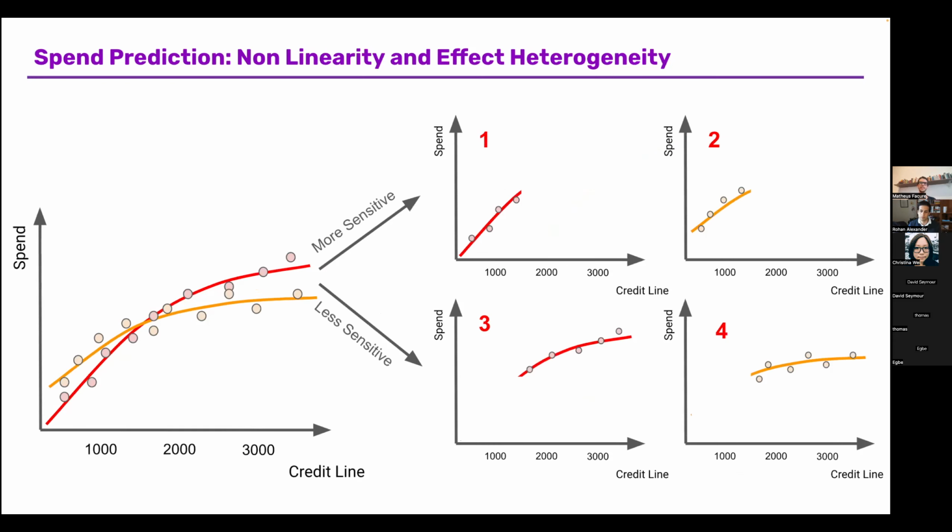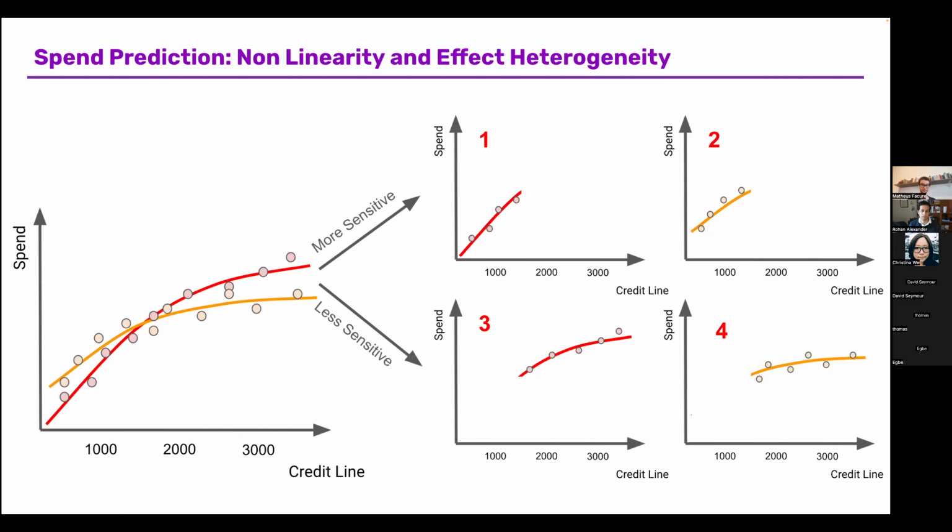Another way to classify sensitivity is that you can actually use where the customer is on the curve. If you are at the beginning of the curve, I'm going to say that you have a high sensitivity. If you are at the end of the curve, I'm going to say that you have a low sensitivity. So this will essentially split the problem in half and estimate a local derivative depending on where you are on the credit line. Which of these approaches you're going to use to say if people are more or less sensitive to credit lines depends a lot on the business problem that you're trying to solve.